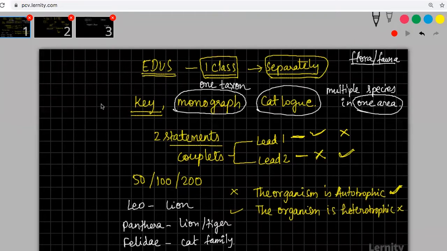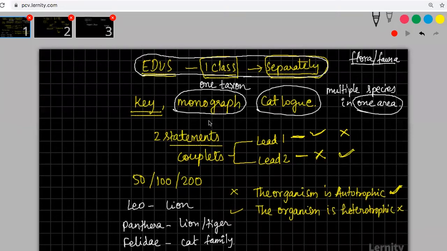With that, the living world lesson is over. Only for EDUS students, I will arrange a separate class and I will intimate a time. So I will have one particular class with you separately for completing this chapter, because there are some parts of it which you have missed already. So I will teach them and I'll complete this chapter. Am I clear? Thank you very much.